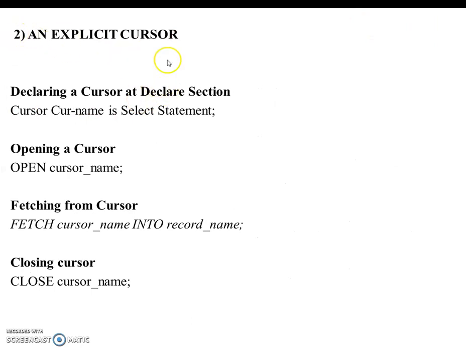Next is explicit cursor. An explicit cursor is a kind of cursor which is handled by the user, which is initialized by the user, and which requires open, fetch and close statements. As given on the screen, your cursor must be declared by using this statement: CURSOR cursor name IS a select statement. Here you can have the select statement as per your requirement. After declaring a cursor within the declare section, you need to open the cursor followed by the name of the cursor, and the syntax is